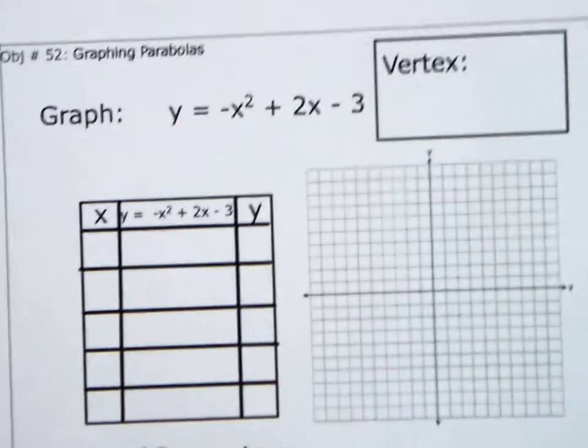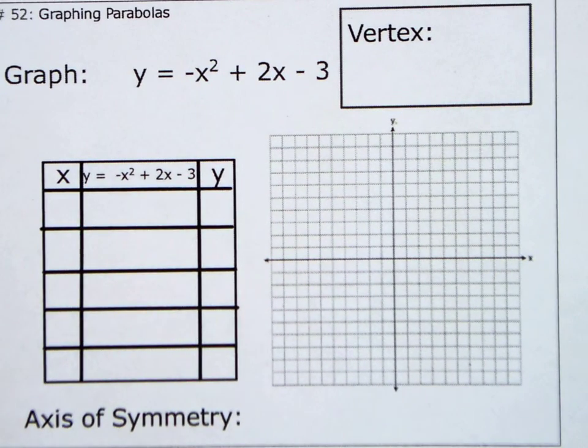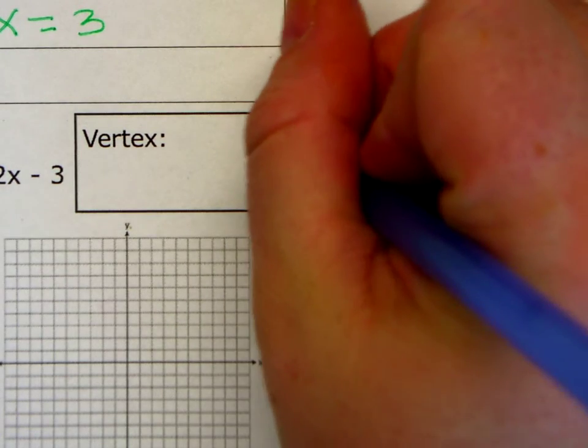All right, number 2. Same process. Pause the video and try it on your own, especially finding the vertex. All right, so I'm going to go on the side. Negative x squared